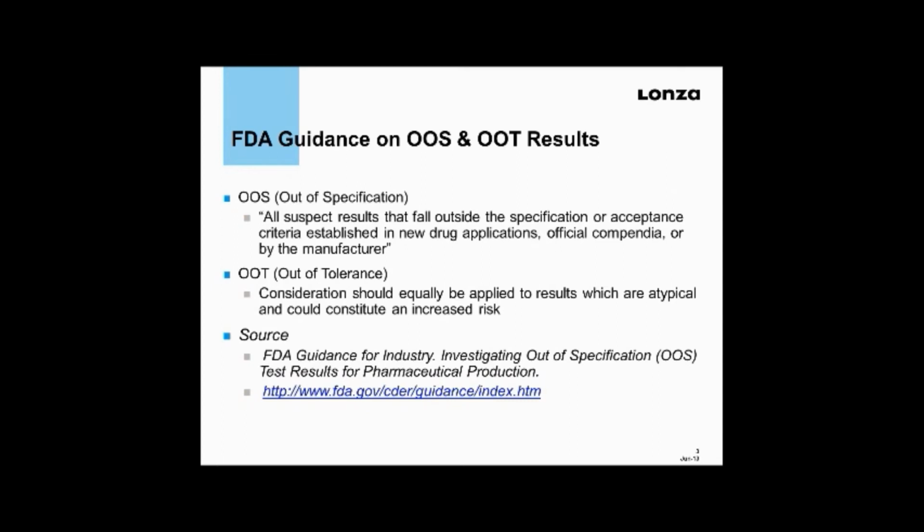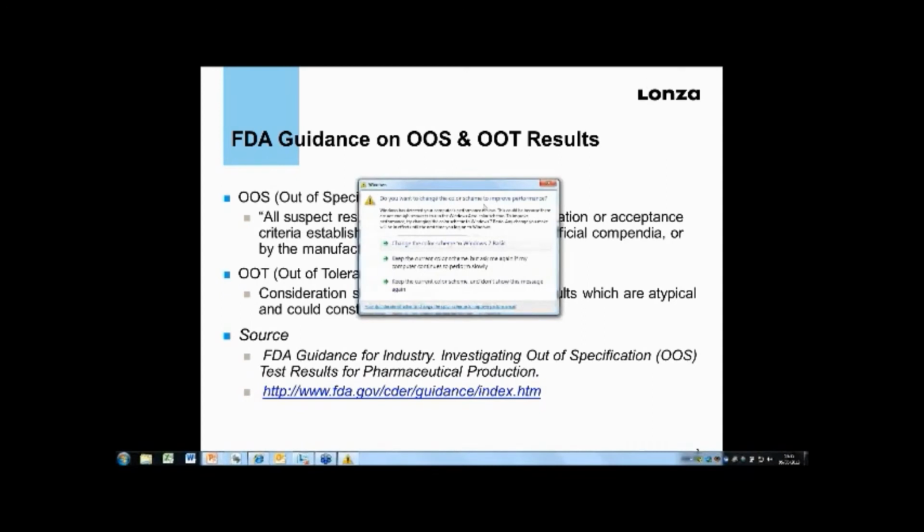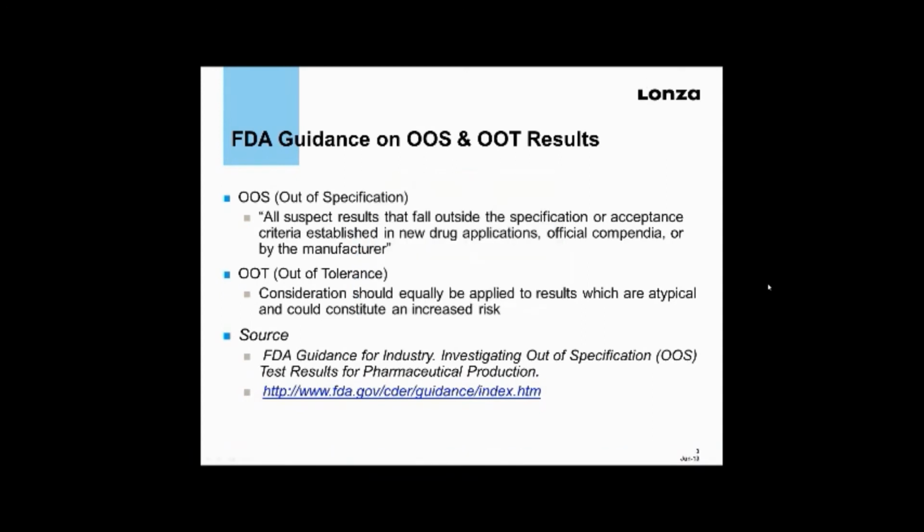The OOS or OOT guideline is in a PDF format you can easily download. So if we get an unexpected, an OOS or OOT result, the first thing we need to do is to undertake an initial assessment,